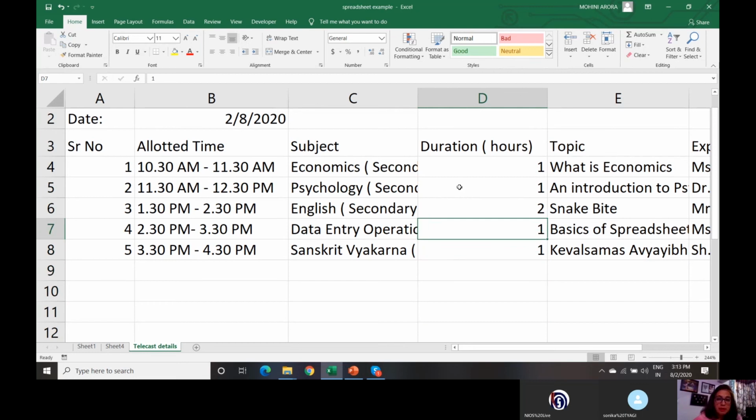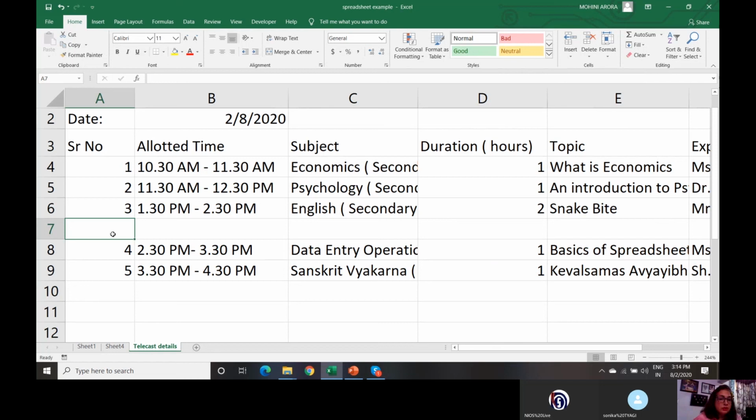Okay. Similarly, you can also insert a new row in a worksheet. How do we do that? In the same manner, we click on the cell above which the row has to be inserted. We click on insert and we click on insert sheet rows. See, click on insert sheet rows. See, a blank row has come up, and I can add my data here.